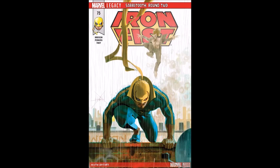So one of the things they announced this week is that some of the titles are going to have not tie-ins, but they're going to reference what's going on in it, and one of them will be Iron Fist. I think 2 or 3 issues of Iron Fist are going to take place within the same kind of thing. So when we get to them on our monthly basis, we'll be referring back to what's happening in Damnation. Moon Knight isn't, funnily enough. And also out of it is going to become Ghost Rider Johnny Blaze issue 1. Don't know if it's a one-off or if it's actually going to be the start of something beautiful, but that's